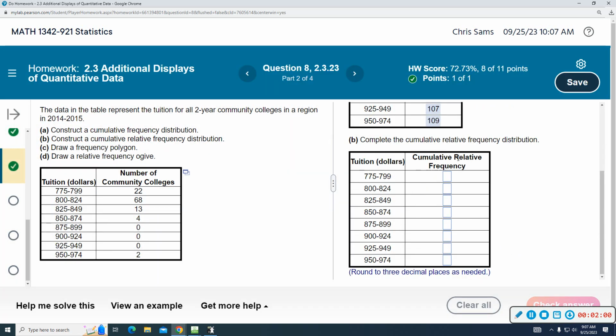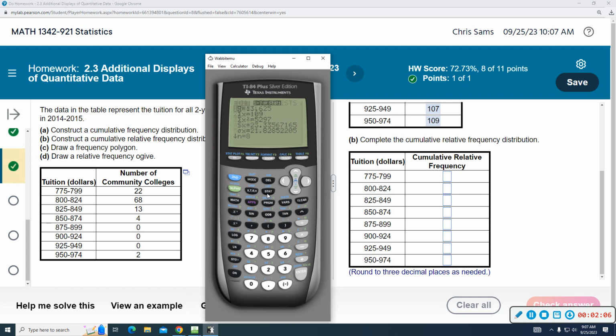Alright, so when we want to do the cumulative relative frequency, we've got to find the relative frequencies first. So I'm going to go back to Stat, enter on Edit here. I'm going to go over to row 2, and then I'm going to tell it to take the numbers in L1 and divide them by 109, the total. So this gives me my